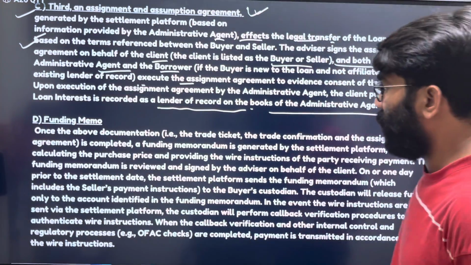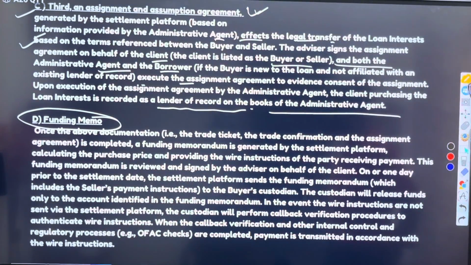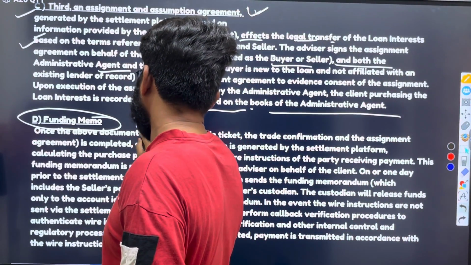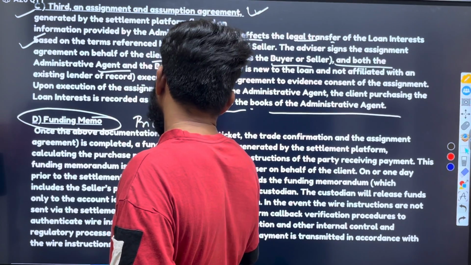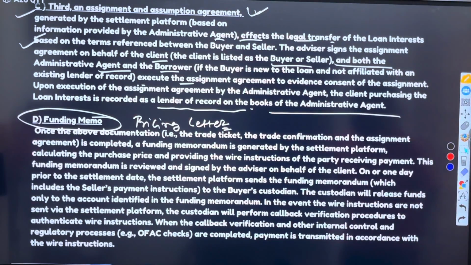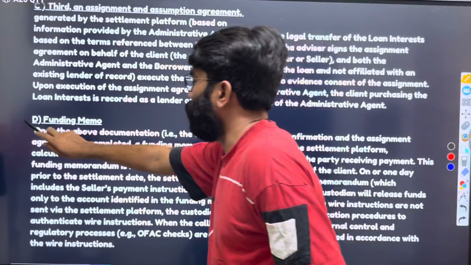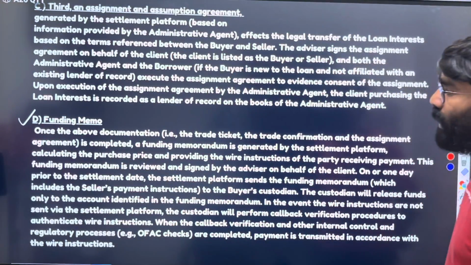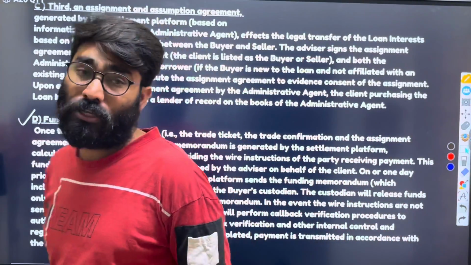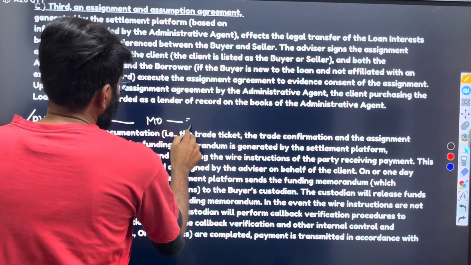And the very, very important document is the funding memo. The fourth document is the funding memo, which is sometimes also called a pricing letter. After the signing of all the above documents, we also require a funding memo, and it should be signed by both counterparties, because this funding memo is required by the middle office team to settle the trades,